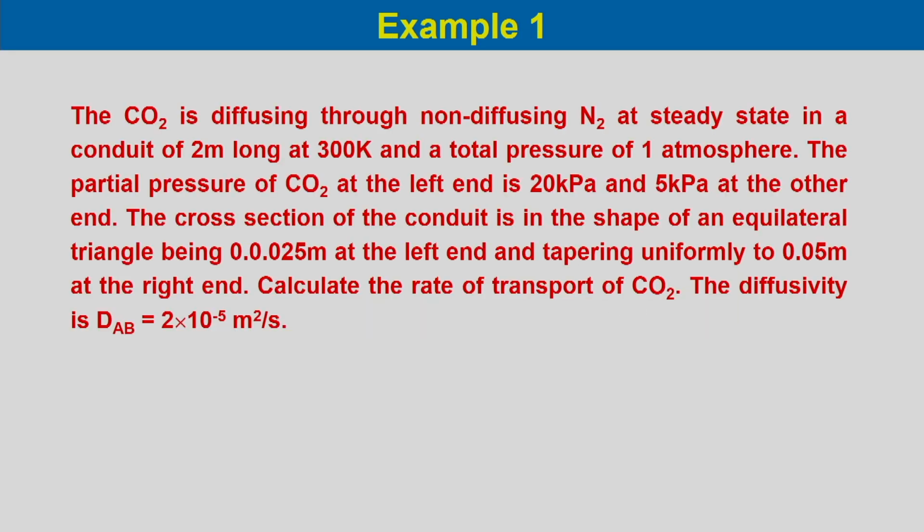Now, let us consider one example. The carbon dioxide is diffusing through non-diffusing nitrogen at steady state in a conduit of 2 meter long at 300 Kelvin and a total pressure of 1 atmosphere. The partial pressure of carbon dioxide at the left end is 20 kilopascal and 5 kilopascal at the other end. The cross section of the conduit is in the shape of an equilateral triangle